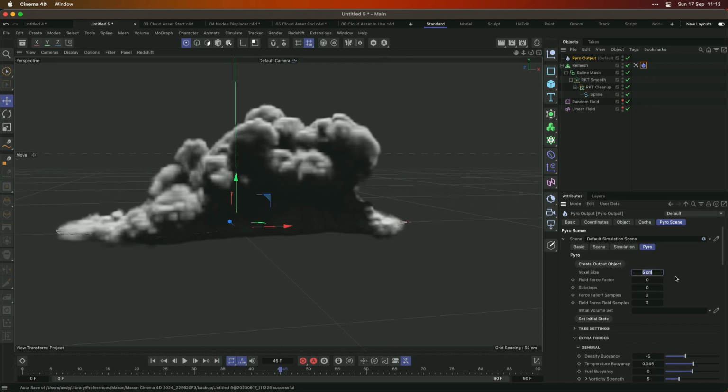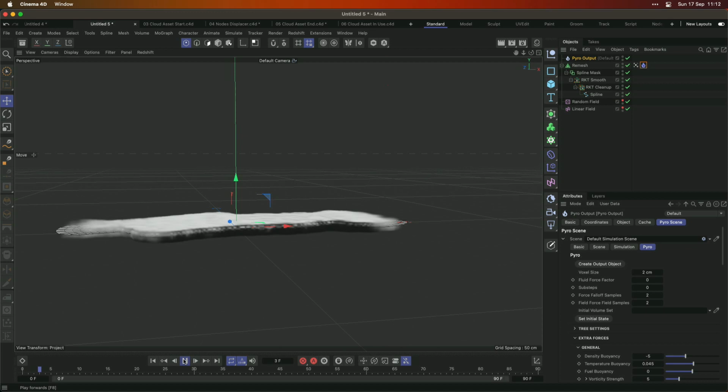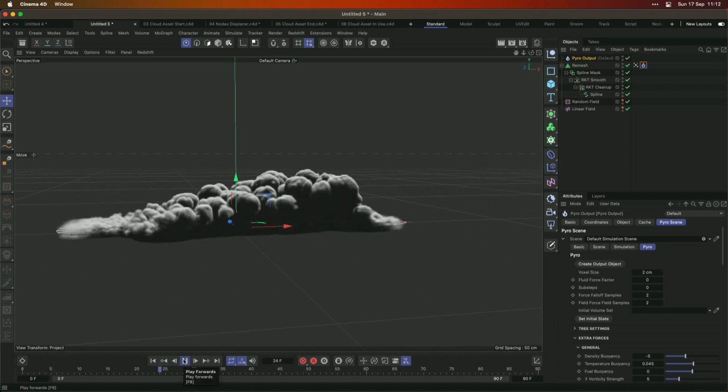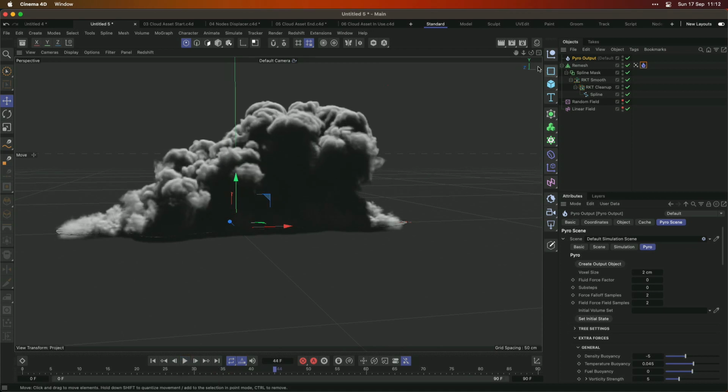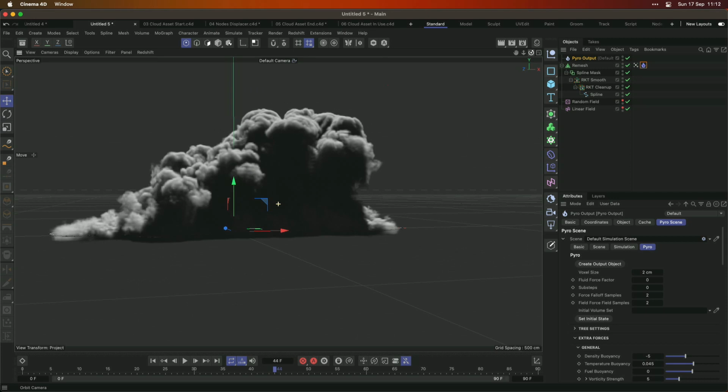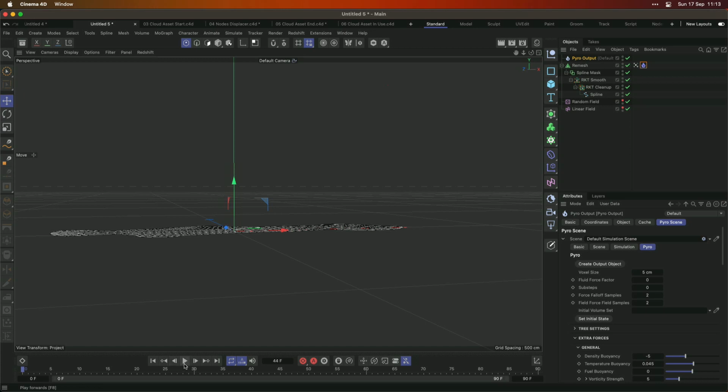And if I were to change this, really reduce it down, the issue that we'll have is it can sometimes become a bit more, obviously it's way more detailed, but it can become a little bit more hard to, you've spent your time designing it at a certain level, and then you introduce all this additional data, and then suddenly it can look completely different, especially if you've got more fuel and forces involved and things like that. So a way to get around that is to just set your voxel size back. Once you're sort of happy with the look and feel of this,